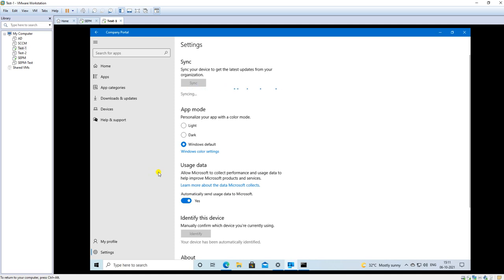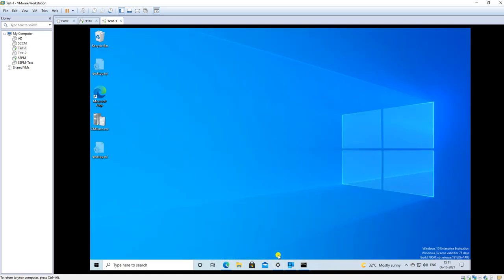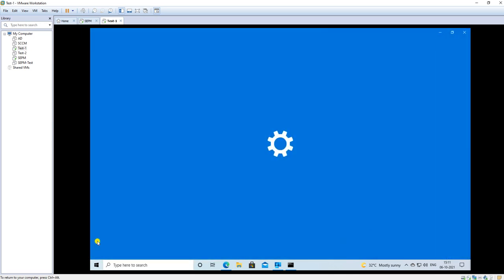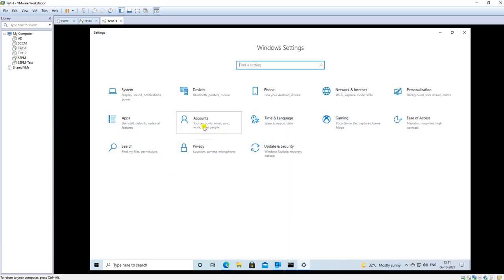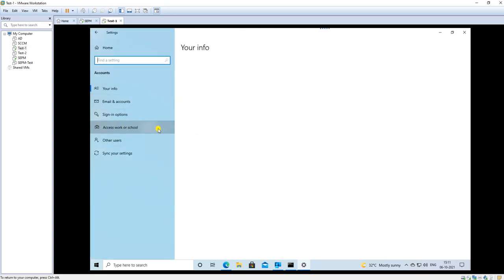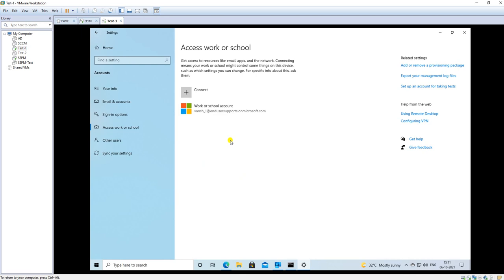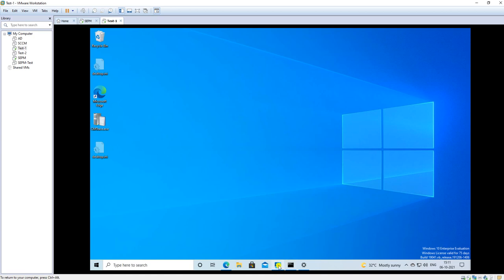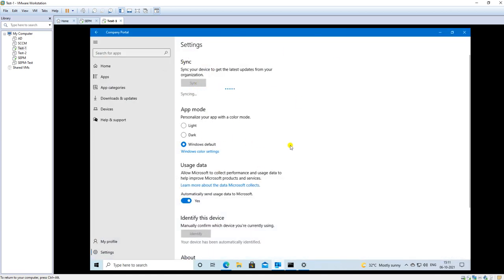settings. In the settings you can go, and from there you can use it from here also. Under the settings I can show you why it is not opening. Go here, go to the settings, and through the accounts also you can sync up, like the account access. But I have some issues, so I don't have the sync up button here. So I can just sync up from our company portal. So anything is fine, we can just sync up from anywhere. It's not a big deal.